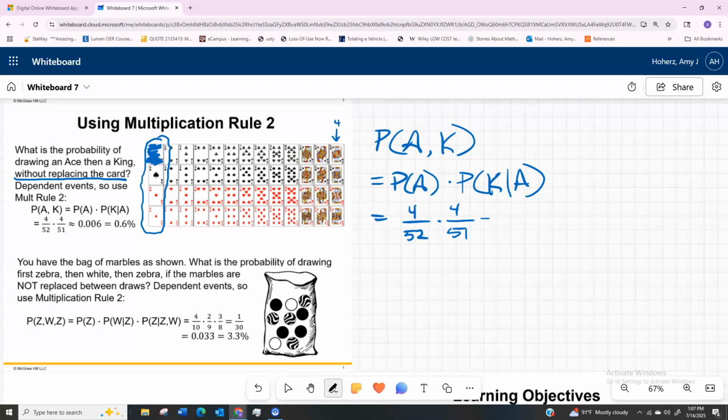A little bit different than the club problem because we're not drawing the same card twice. So the other problem was club, club, so we had to go from 13 to 12 clubs. But in this case, we haven't affected how many kings there are. We've only affected the total. So 4 out of 52 aces on the first draw. But once we've drawn out that ace, we still have 4 kings, but only 51 cards. And if we multiply that, this actually is a pretty small number. It comes out to be